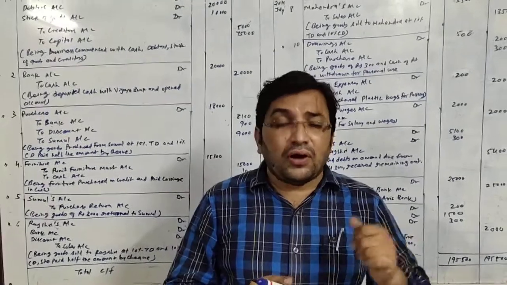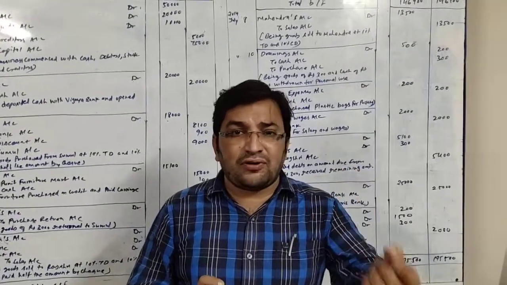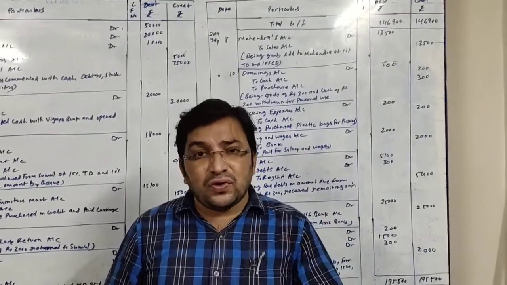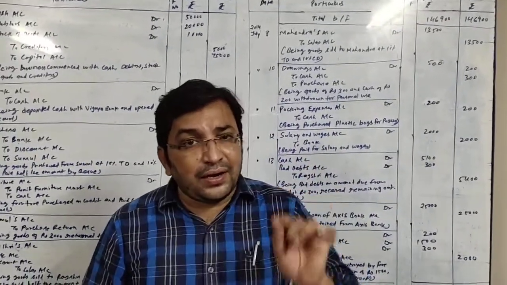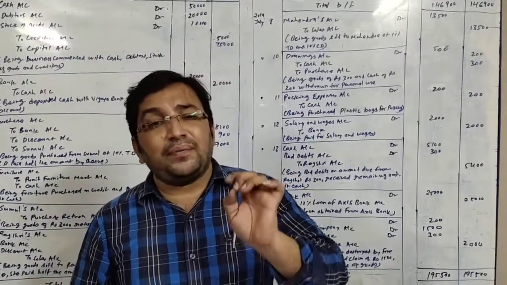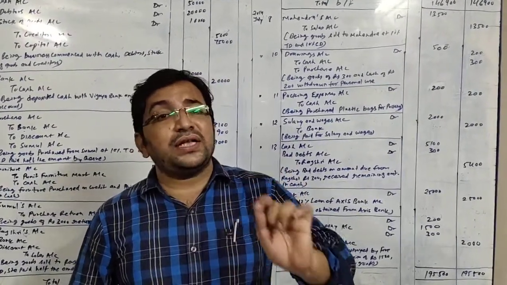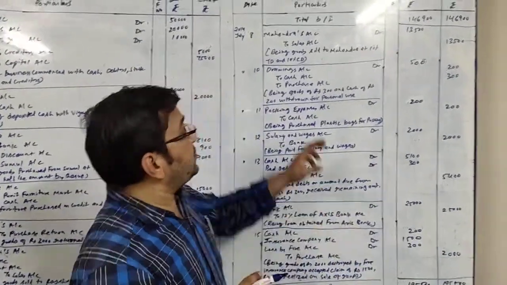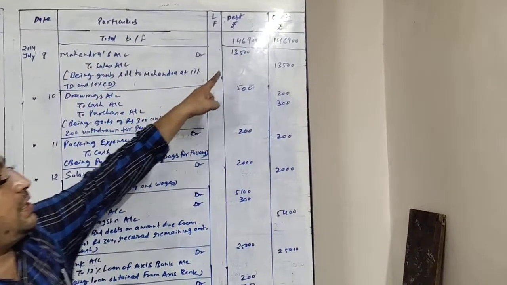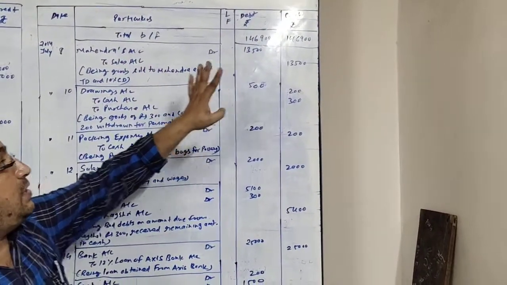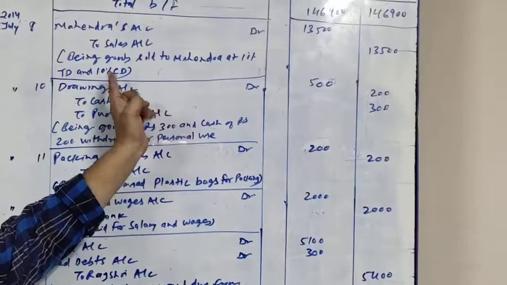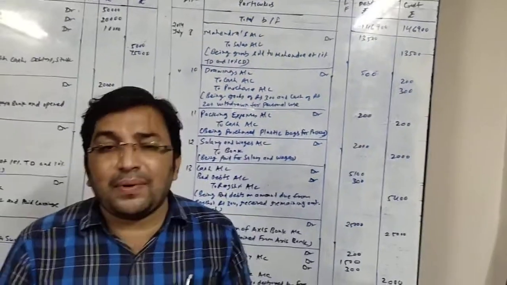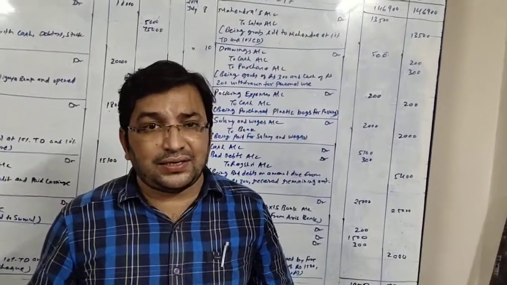Okay. Now talk about trade discount. We very well know trade discount is immediately deducted and the amount is recorded after deducting trade discount. So in short, here the entry will be Mahendra account debit because he is receiving the goods, and to sales account because goods is going out, and the amount will be 13,500. So here the entry is Mahendra account debit 13,500, to sales account 13,500, being goods sold to Mahendra at 10% TD and 10% CD. CD will not be applicable because it is a credit transaction.